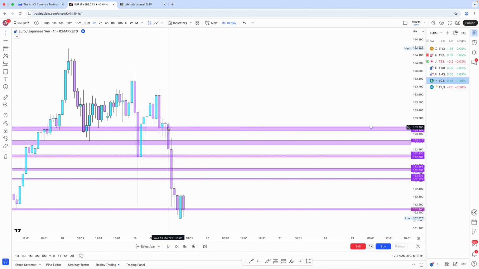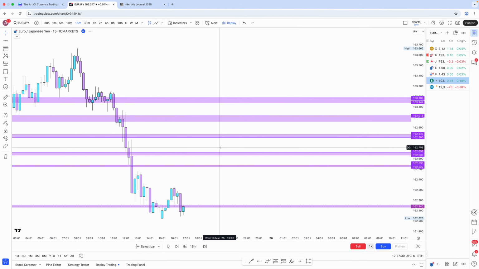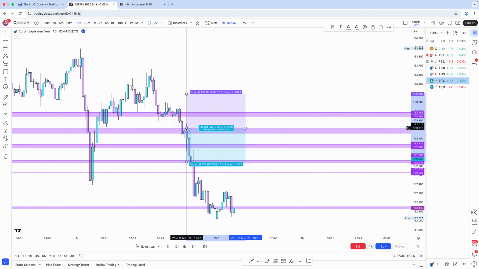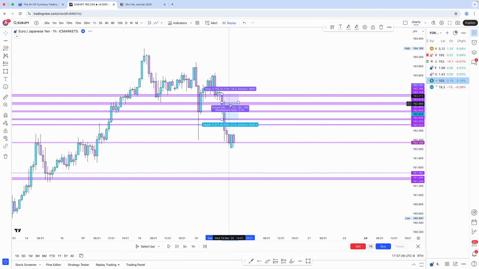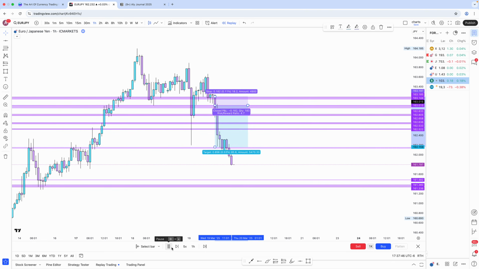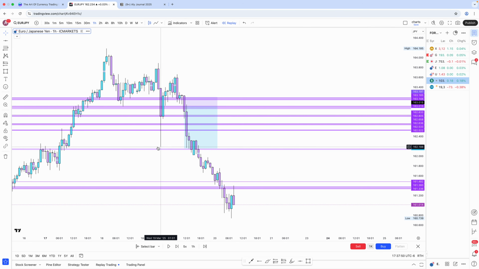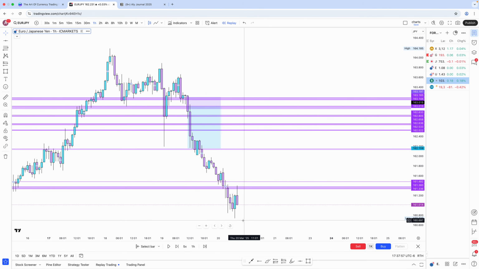So in this case, you want to make sure this zone breaks with a 1 hour confirmation. Then you can jump down on a lower time frame. You can get it at the break and test of this structure. You can put your stop loss above in this case, and then go back up on the 1 hour and follow through. So essentially what happened is it filled this wick and then went down from there. So it broke and tested that wick, closed above, and then broke and tested below, and then continued down.